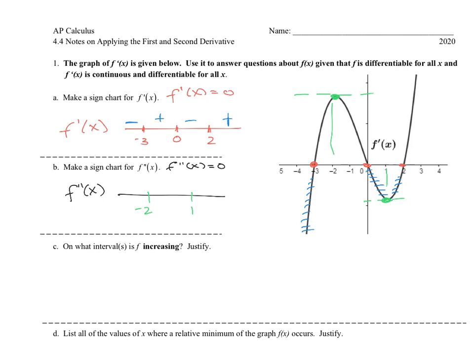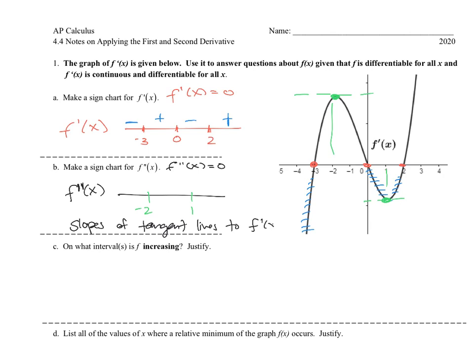Okay, so again, we're looking for f double prime of x to be 0. F double prime of x is the slope of the tangent line to f prime, or the derivative of f prime. And f double prime of x is equal to 0. In other words, f prime of x has a tangent line that is horizontal when x is -2 and 1. And so to fill out the sign chart for this second derivative, again, I'm looking at f double prime. F double prime are the slopes of tangent lines